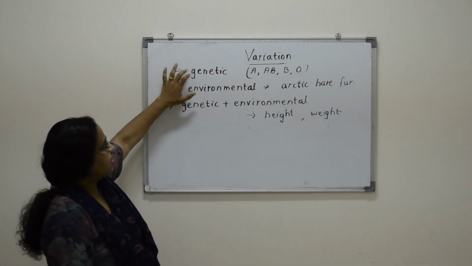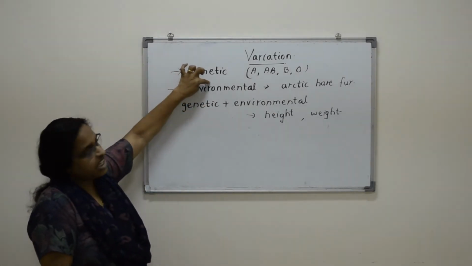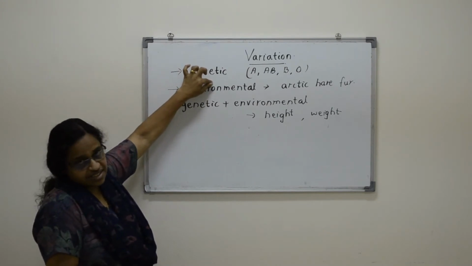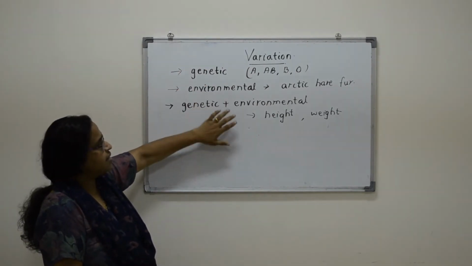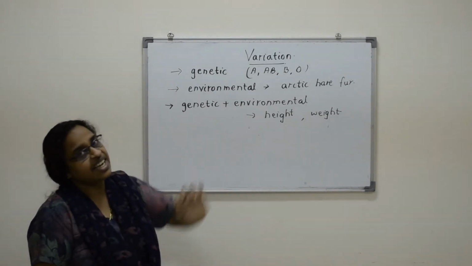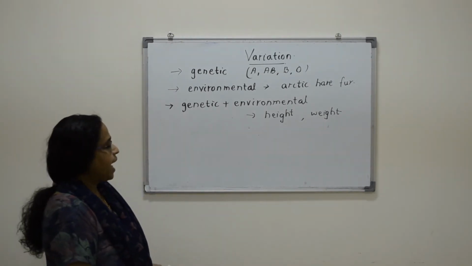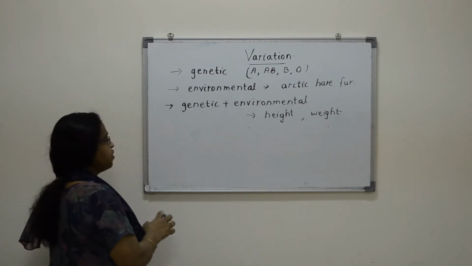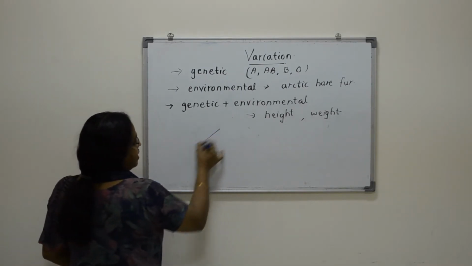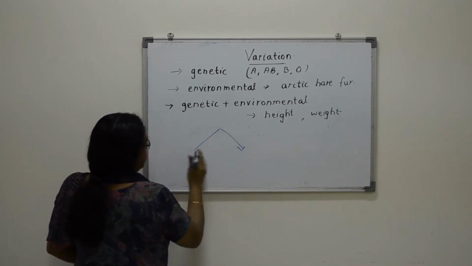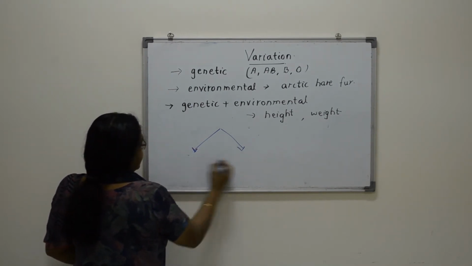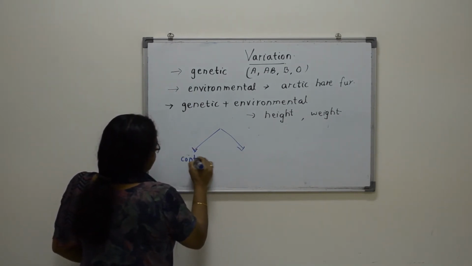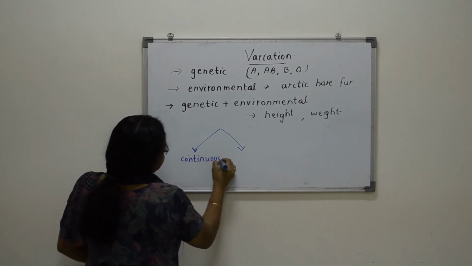Okay. So there are 3 reasons. Some variation can be because of genetic reasons, some may be environmental, and some may be a combination of both genetic and environmental. Okay. And there are 2 different types of variation. They are, one is continuous and another is